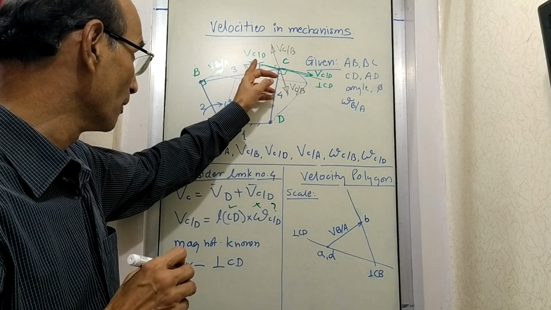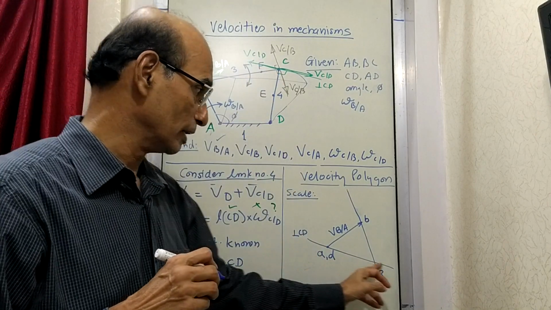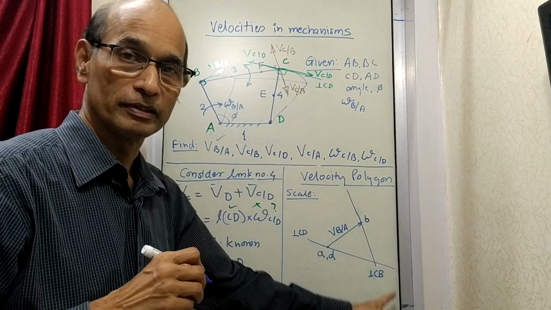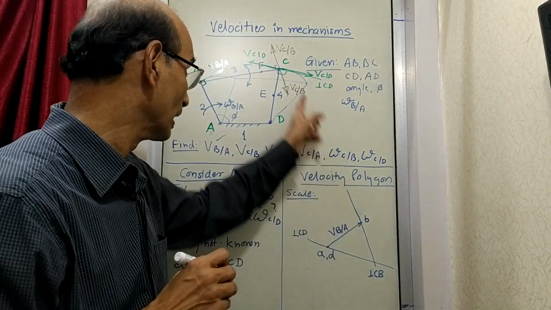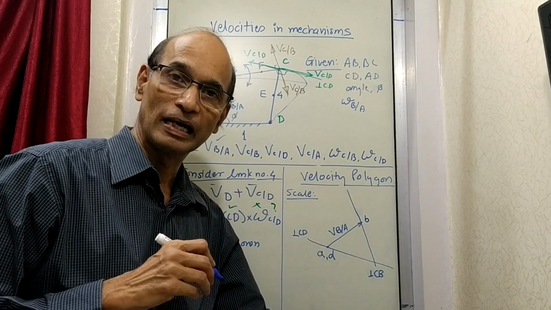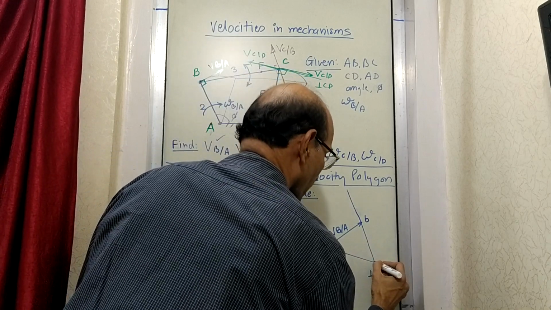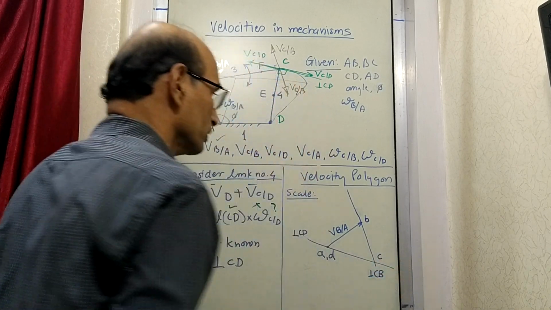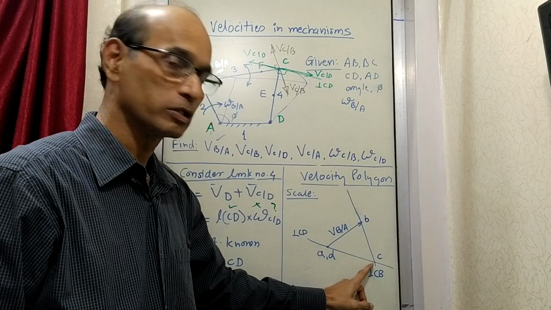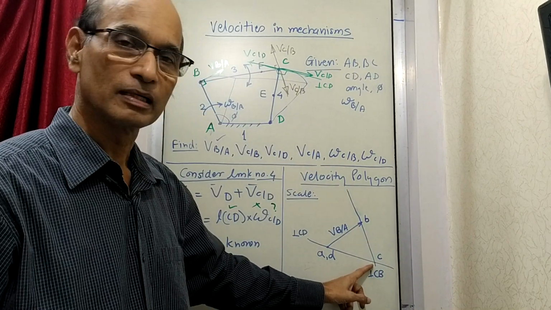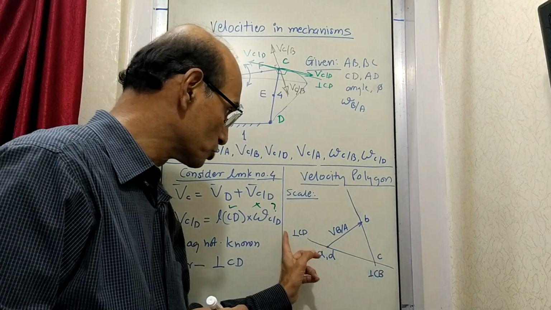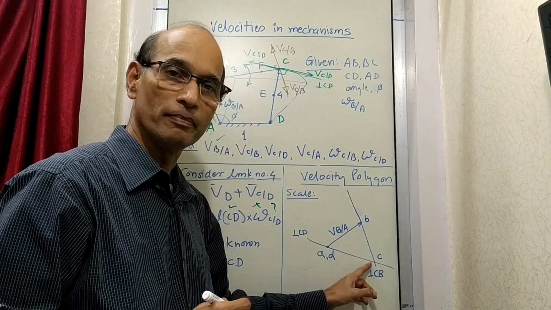Now, since this is the vector, C is going to lie on this line with a tail here, tail at B. Here, this vector with a tail at D. That means C is on this line, which clearly means that C is here. Because we have drawn these two lines, those lines have given us the intersection point, which is point C, because C should lie on this line also, C should lie on this line also. So this point becomes point C.